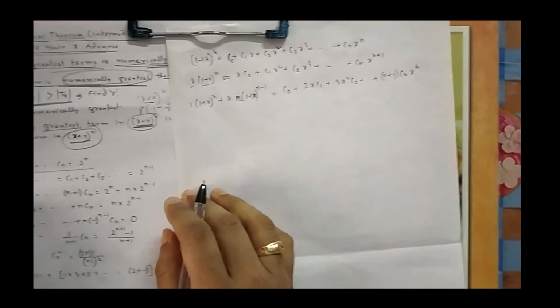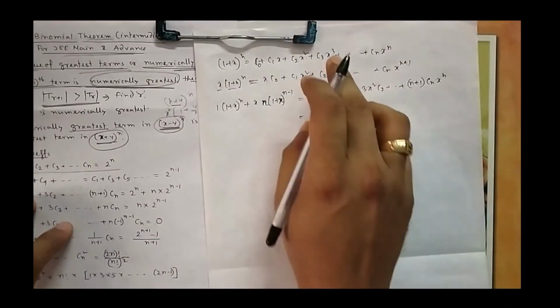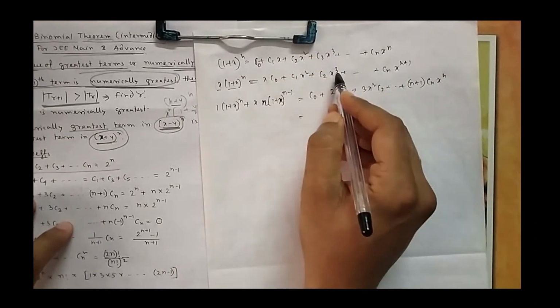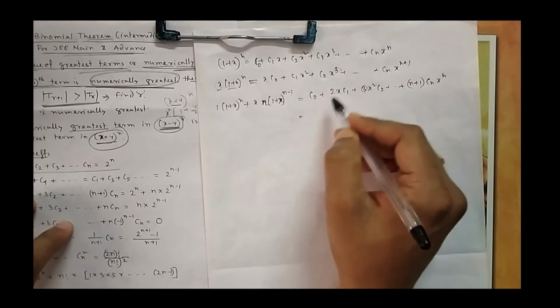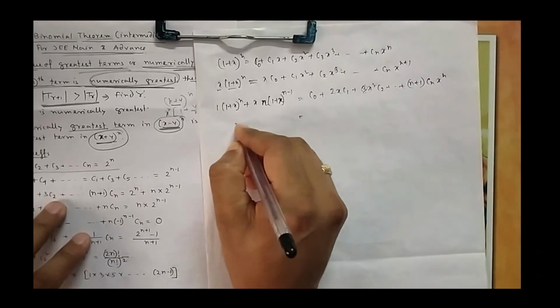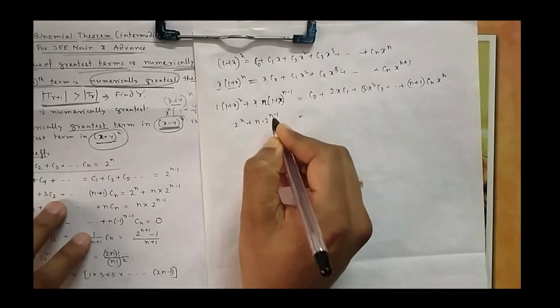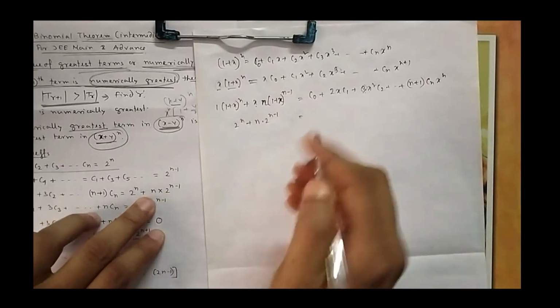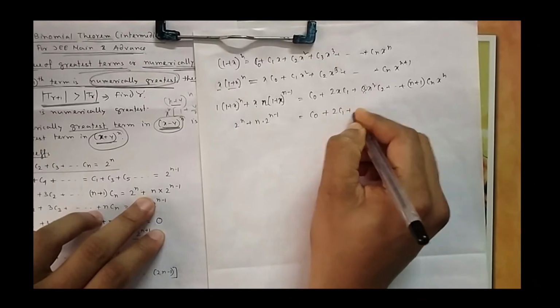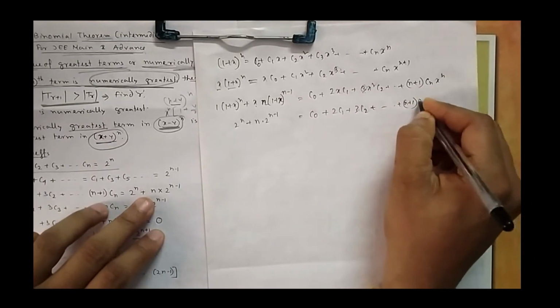Now you put x equal to 1. From here you will get this idea. Once you see these 2, 3 coming in front of the coefficients, then you think it is differentiation, because in differentiation the coefficients come down. You can see the differentiation of x cube is 3x square. The coefficient 3 comes down, it comes before it and the power gets reduced. So if you put 1, now it will be 2 to the power n, and the other side is n into 2 to the power n minus 1. So here you can see C0 plus 2C1 plus 3C2, and so on and so forth, up to n plus 1 Cn.